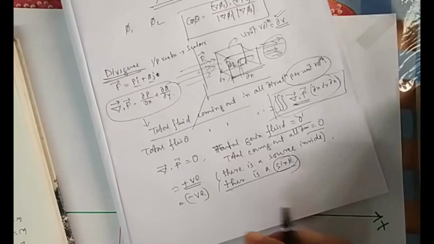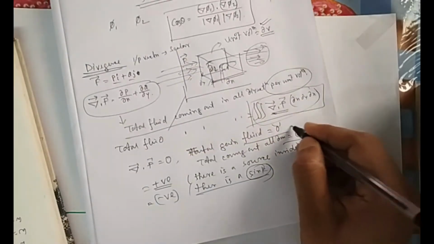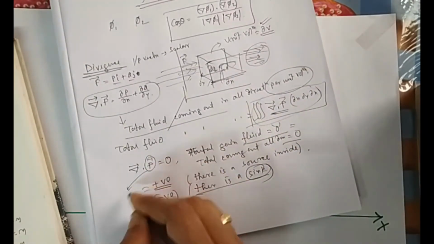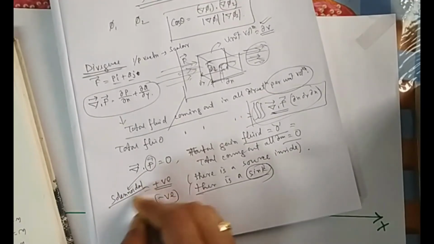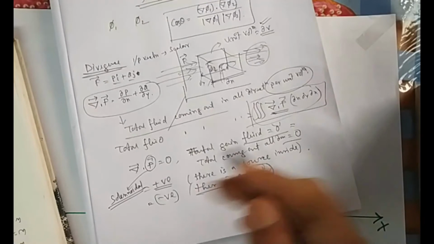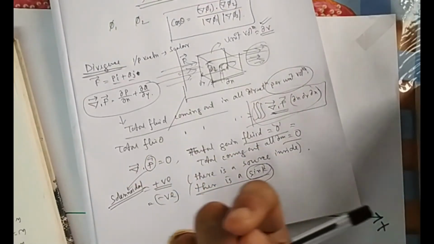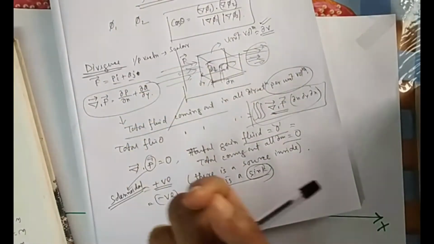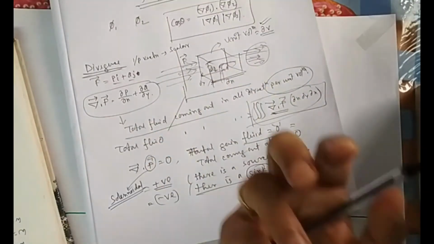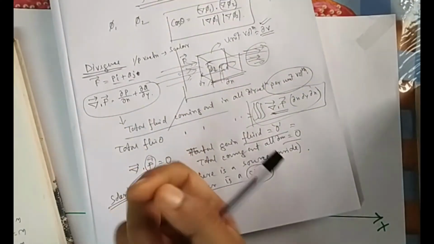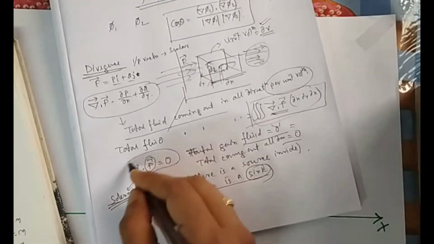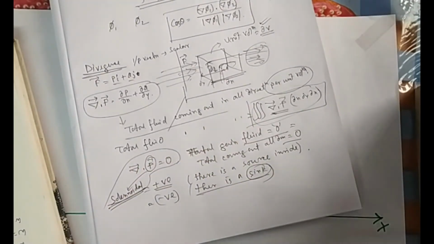If it is 0, then the field is also known as solenoidal. You can remember this, electrical engineers, solenoids, total flux. Solenoid means the flux comes from the North Pole and enters the South Pole. The total out is 0, because the amount going out is the same amount coming in. So that's why it is known as 0 or solenoidal.